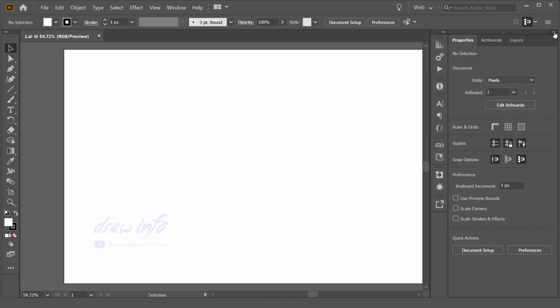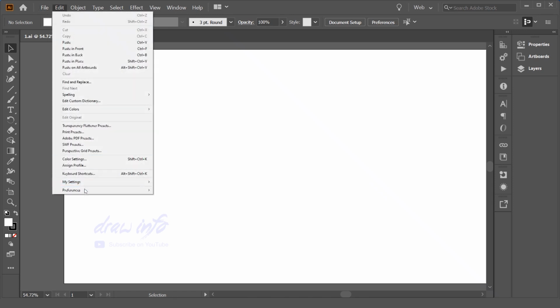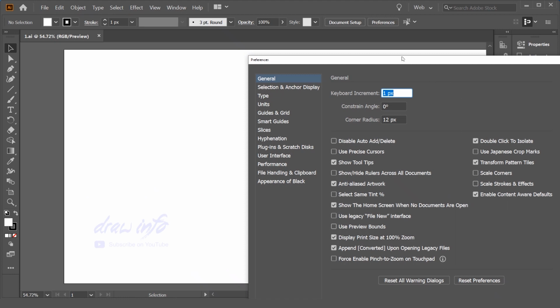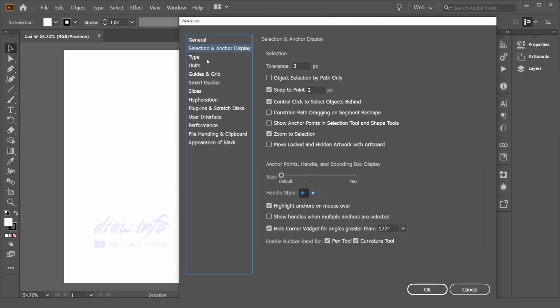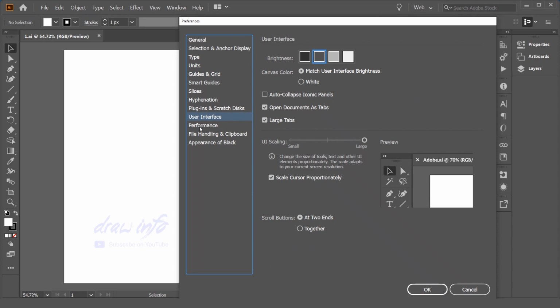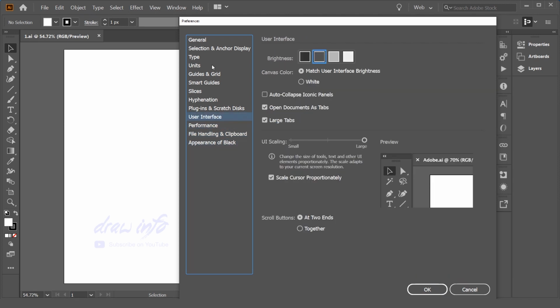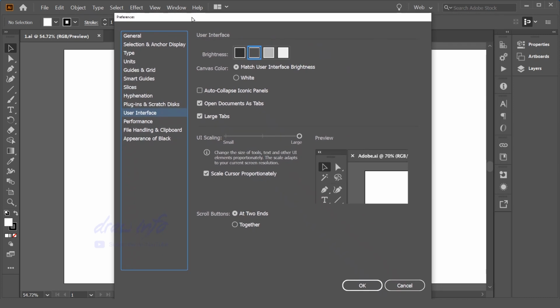So that is it. Now I'm going to show you some preference options over here. If you go inside Edit and click on Preferences, you will get all the information over here. Play a little bit with the settings you need to keep, and you will get to know what settings are best suitable for you. That way you can select these settings. I'll create one more tutorial giving more detail about Preferences. I'm keeping this tutorial very short and sweet, so that's why I'm not giving that much detail.